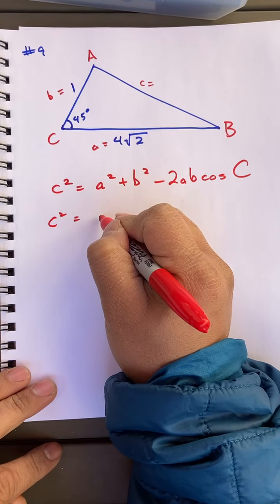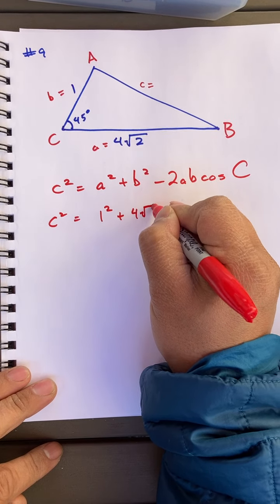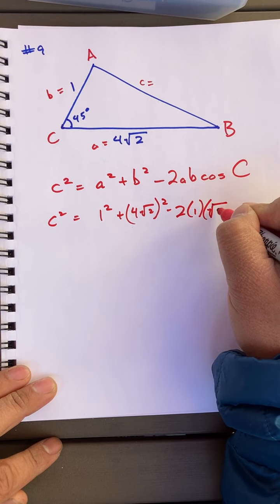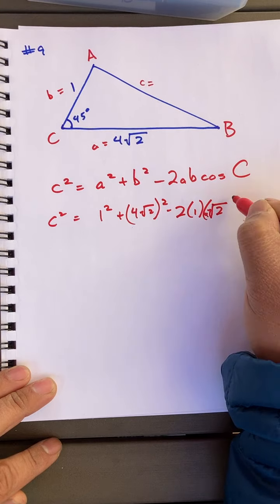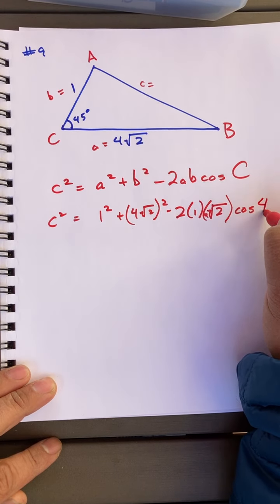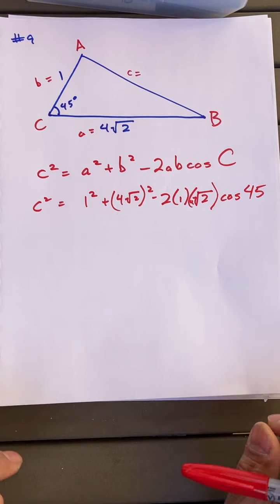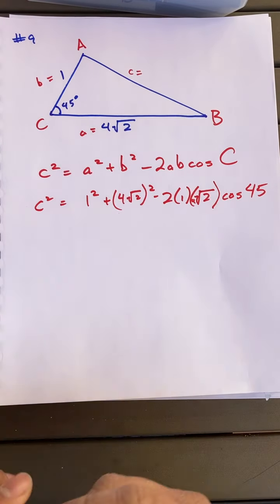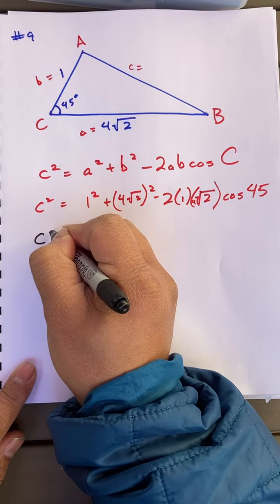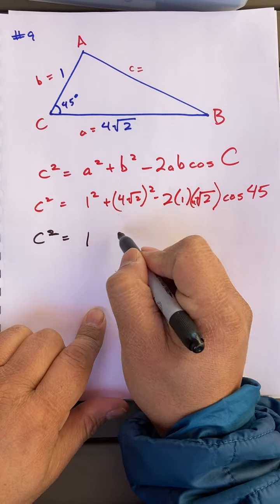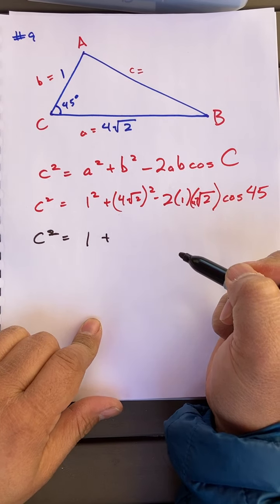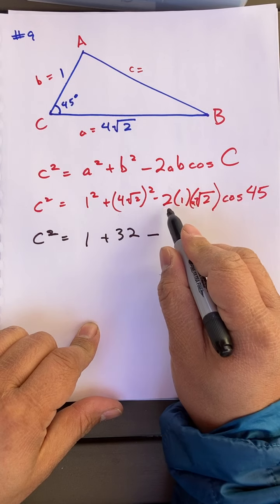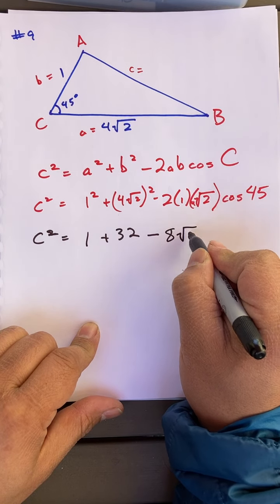c squared equals 1 squared plus 4 root 2 squared minus 2 times 1. Oops, I forgot the 4. I'm gonna sneak that in there. Cosine 45. All right, and the rest is just some algebra 1 stuff, really, except for this. c squared equals, that's 1. 4 squared times the square root of 2 squared is 16 times 2, that's 32. Okay, minus 2 times 4 is 8. Root 2